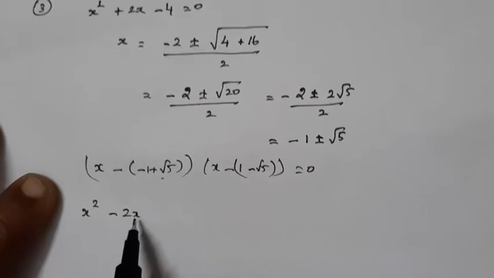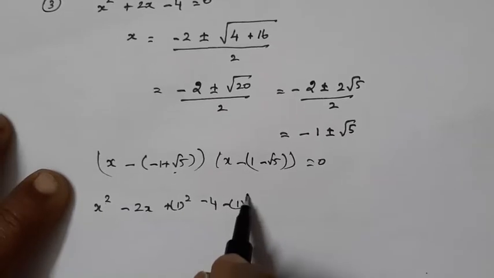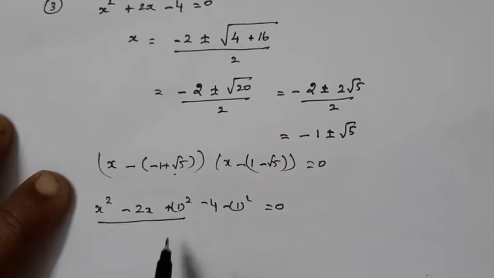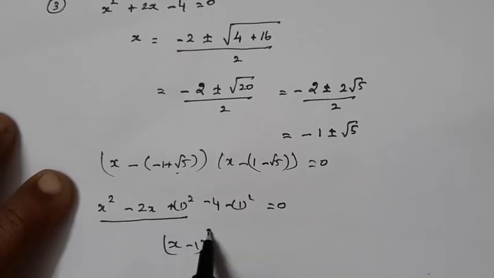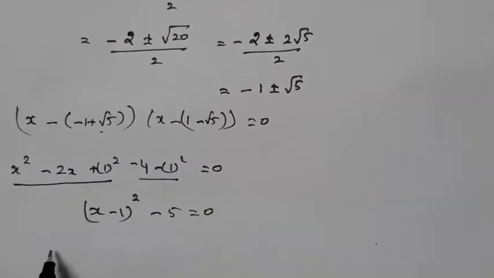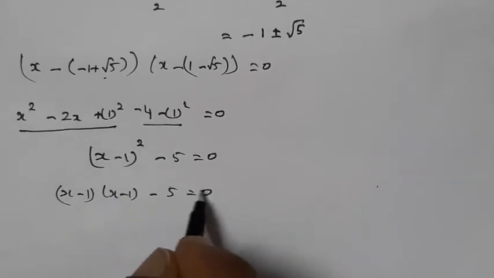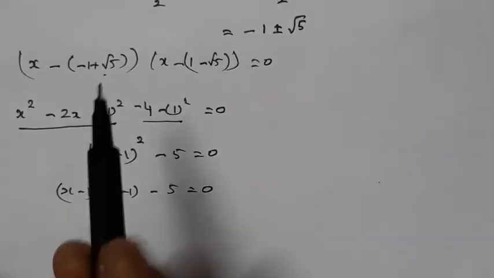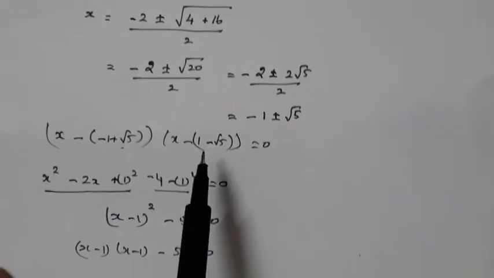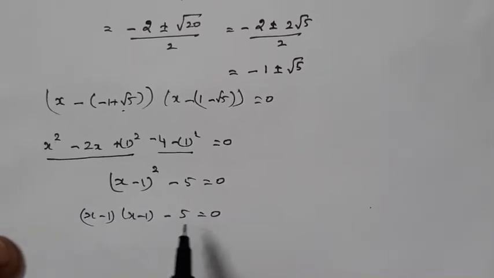So 2 by 2, that will be 1. So you have to add the square of 1 and subtract the square of 1. Okay, by using the completing the square method. So if you combine these two, it will be (x minus 1) the whole square, and then these two: minus 4 minus 1, that is minus 5, equal to 0. So we can rewrite this as (x minus 1) squared minus 5 equal to 0. Okay. So the same quadratic equation whose roots are irrational can be rewritten in this form. So such equations are called partly factored polynomials.